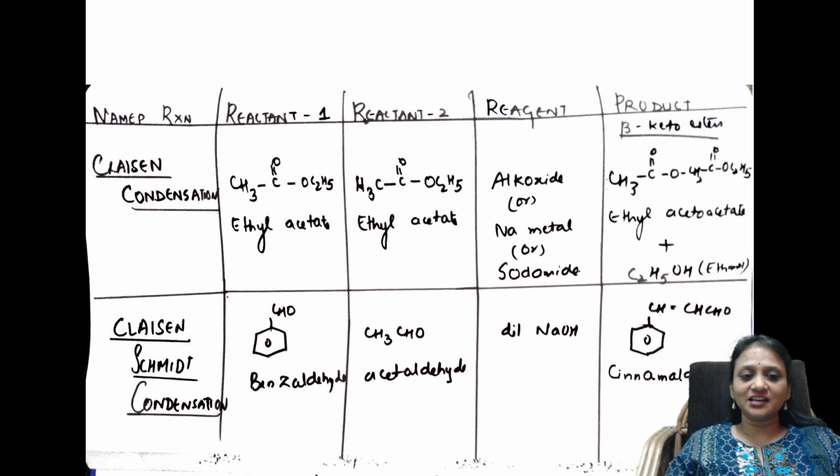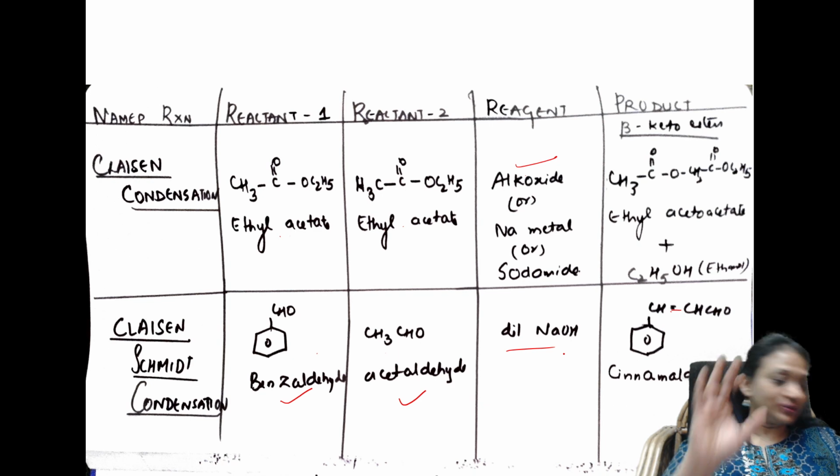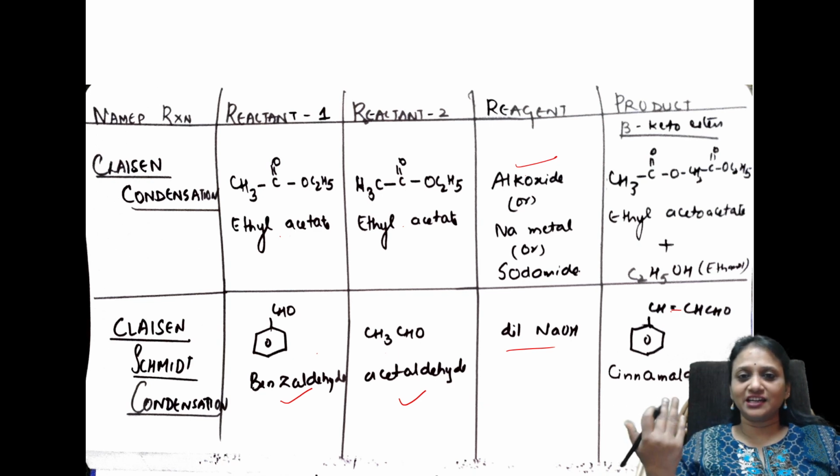Next comes Claisen condensation reaction, Claisen-Schmidt reaction. So two molecules of ethyl acetate I have taken, the reagent I have mentioned here, and what is in Claisen condensation? We are going to get an ester, the acetoacetate in the form of an ester, that is CH3COCH2COOEt. Basically the formation of the ester is what is mentioned. So ethanol also is formed. When you take Claisen-Schmidt, you are going to combine one benzaldehyde molecule and one acetaldehyde molecule. You require dilute sodium hydroxide and you're preparing cinnamaldehyde. Cinnamaldehyde is this compound. So I have given the whole concept of the reaction. You can directly note it.